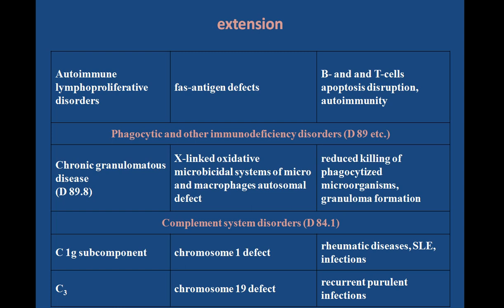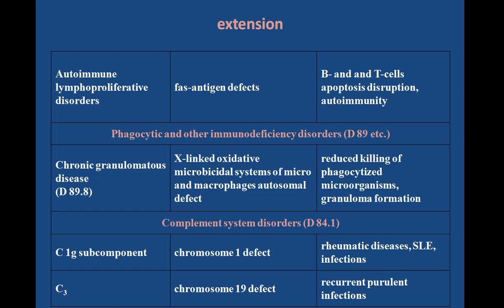We can find an X-linked or autosomal defect of the oxidative microbicidal systems of micro- and macrophages. As a result, there is reduced killing of phagocytized microorganisms and granuloma formation. And then the pathology of complement system disorders,